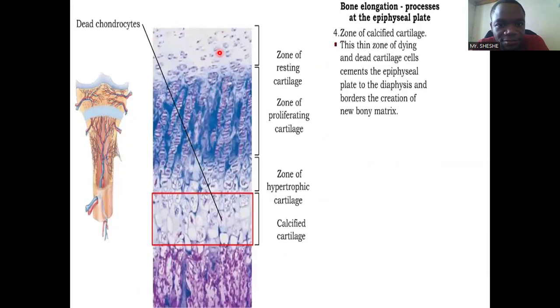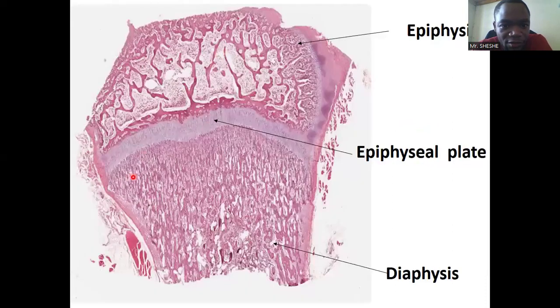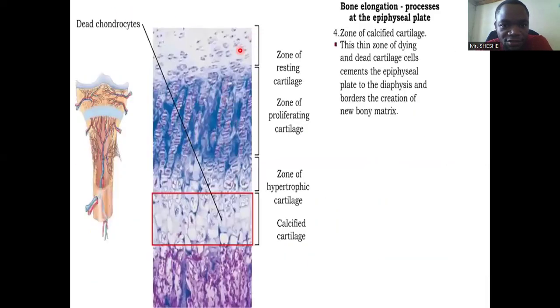What is the importance of that? The importance of the resting zone is to attach the epiphyseal plate, this one, to the epiphysis. So it attaches this to that so that there's no separation. So these cells are resting. Remember, this is cartilage. So cells we're going to find here are chondroblasts and chondrocytes. But cells that will be here are osteoblasts and osteocytes. Even here, we're going to have osteoblasts and osteocytes. So we must make that distinction. So cells in the resting zone, like we're saying, function is to attach the epiphyseal plate to the